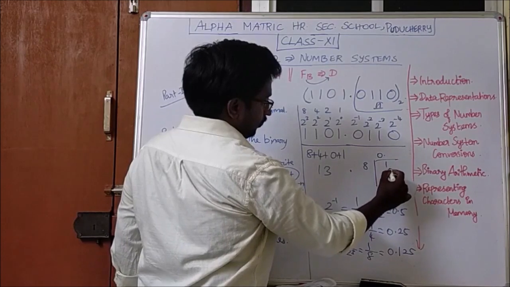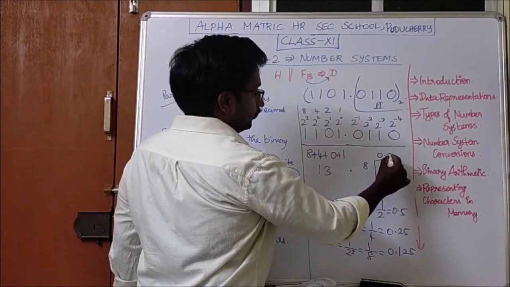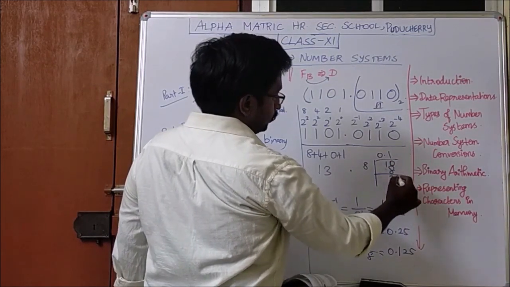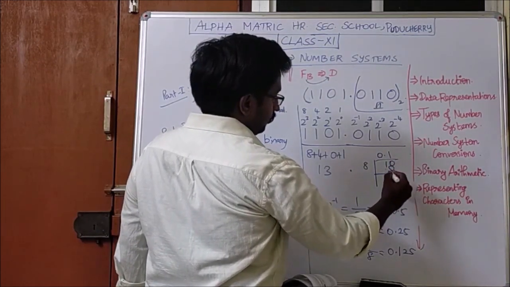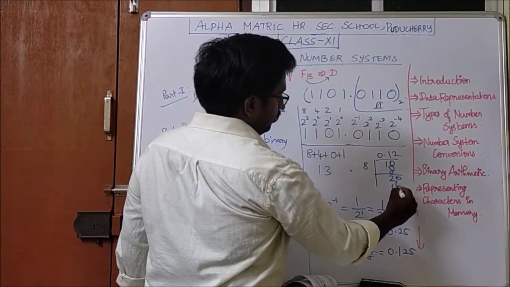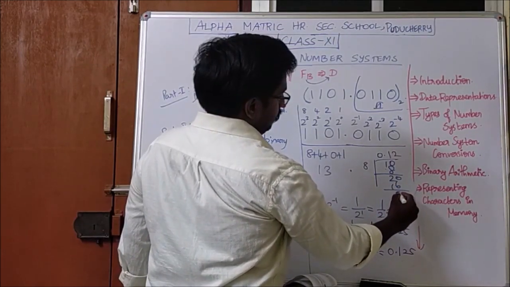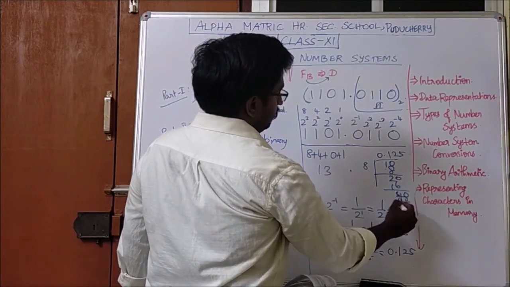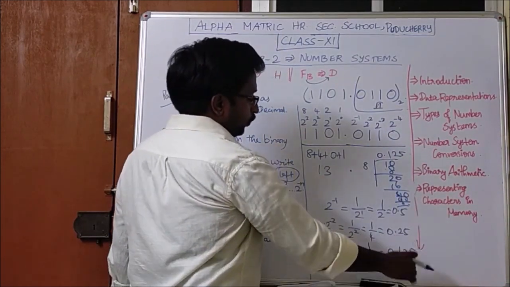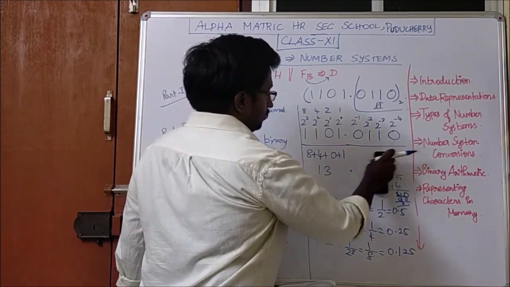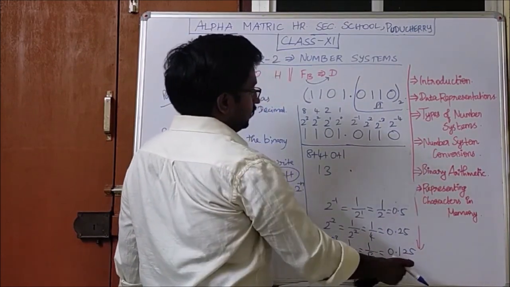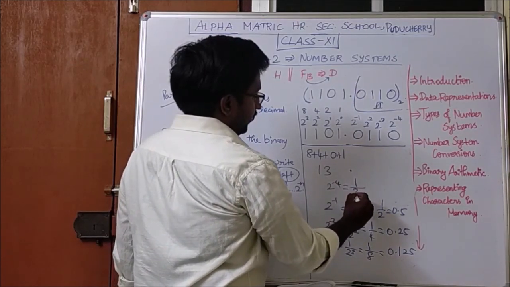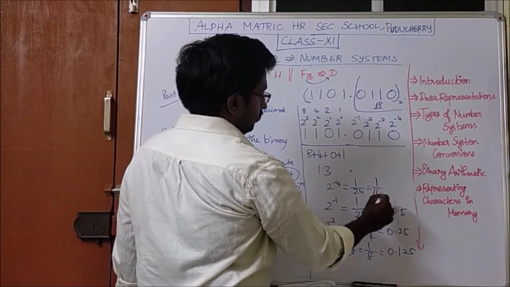First 0, then we will be adding 0 and 1, and remainder 2, again we will be adding 0, that is 2 times 16, that is 4, again we will be adding 0, that is 5. So like this, 0.125 came, and it goes on. That is 2 power minus 4. 2 power minus 4 is nothing but 1 by 2 power 4, that is 1 by 16.